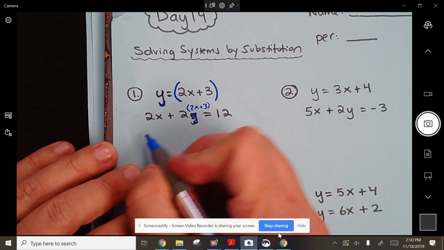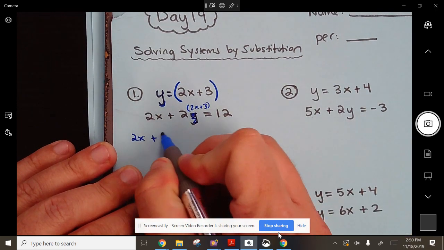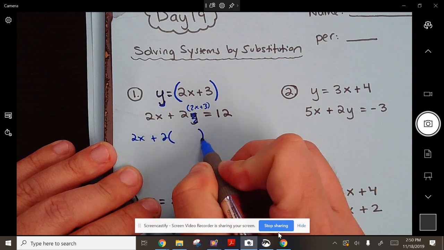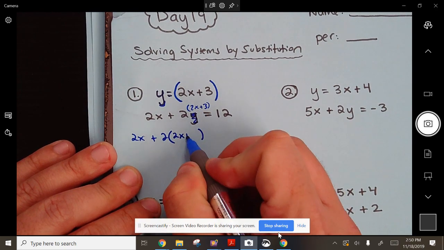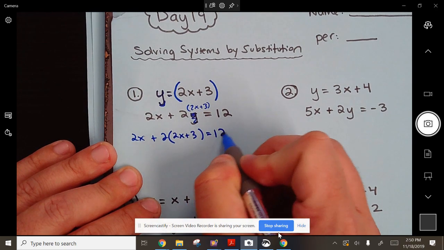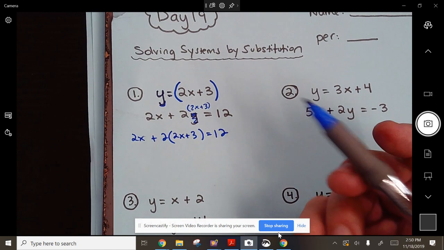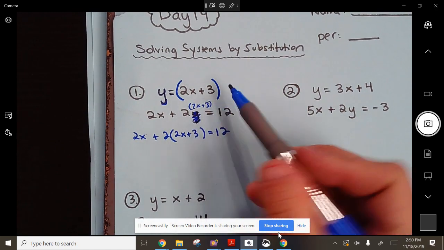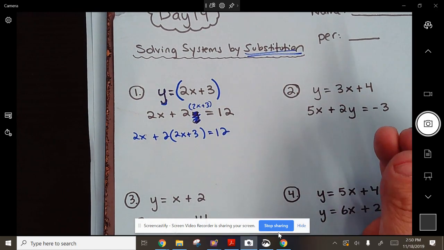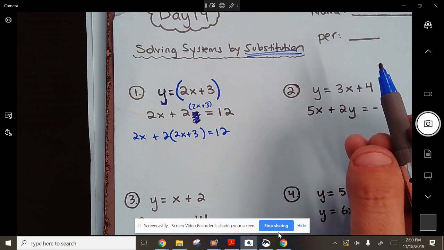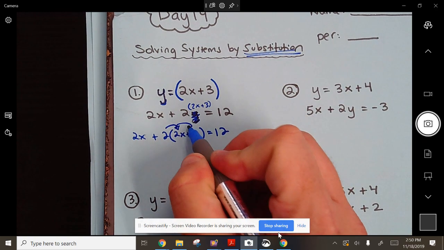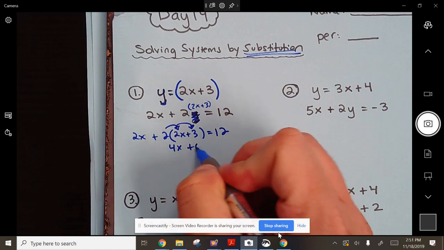So I'm going to rewrite the problem. 2x plus 2 here, then 2x plus 3 equals 12. So again, all I did was cross out y. I substituted it for y. I replaced it for y. Go do the math. I get 4x plus 6